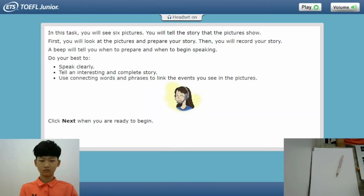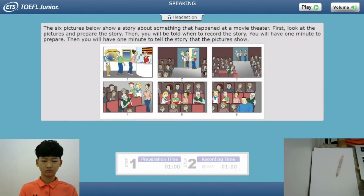In this task, you will see 6 pictures. You will tell the story that the pictures show. First, you will look at the pictures and prepare your story. Then you will record your story. A beep will tell you when to prepare and when to begin speaking. Do your best to speak clearly, tell an interesting and complete story, use connecting words and phrases to link the events you see in the pictures. Click Next when you are ready to begin. The 6 pictures below